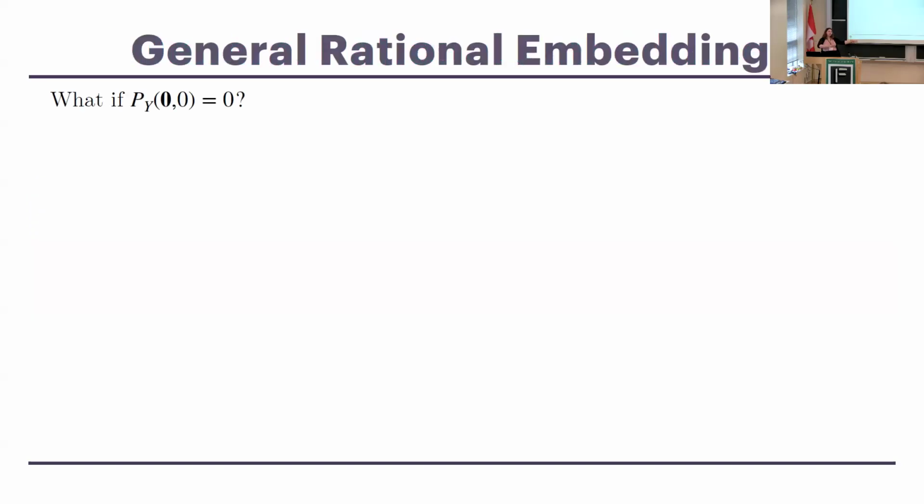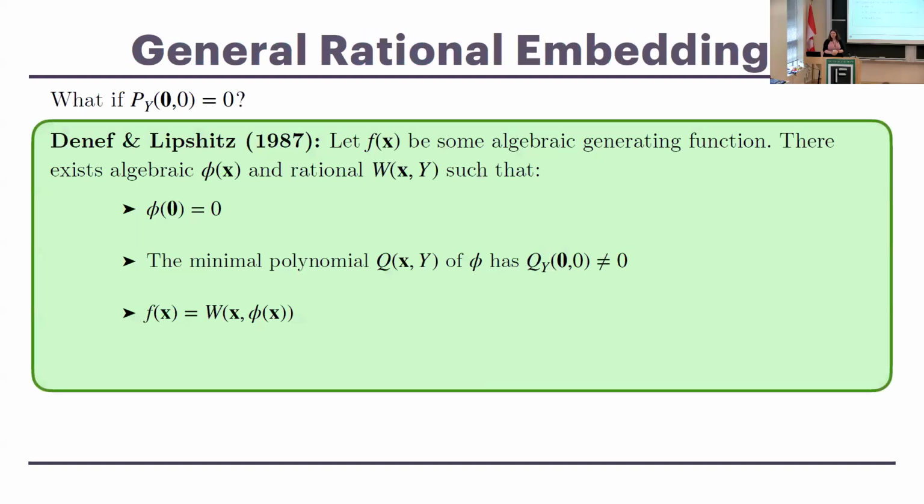But okay, so I showed ways for if we don't have a constant that's 0. But what if I don't have the other condition? What if the partial derivative of my minimal polynomial at 0 is equal to 0? How do I handle this case? So Denef and Lipschitz came up with an approach in 1987. Let f of x be some algebraic generating function. Then there exists an algebraic phi of x and a rational w of x, y, such that phi at 0 is equal to 0,